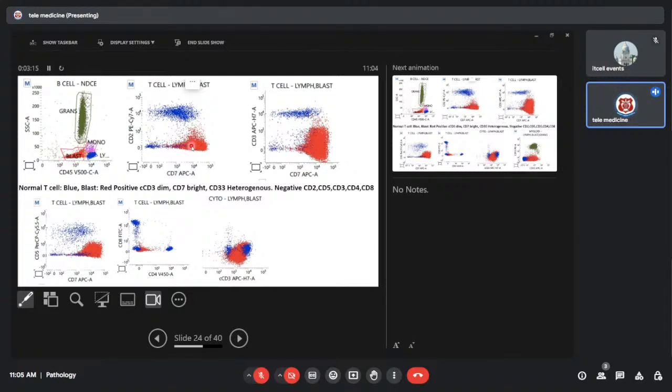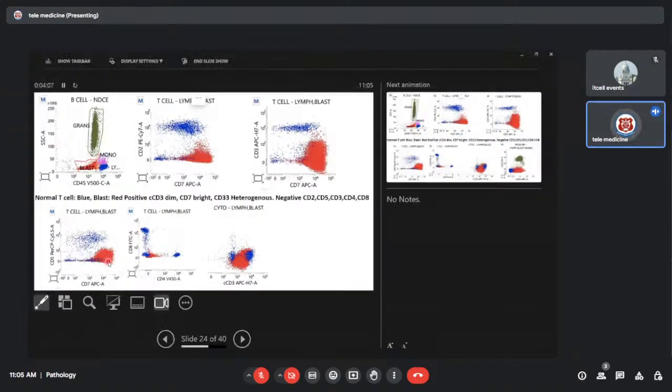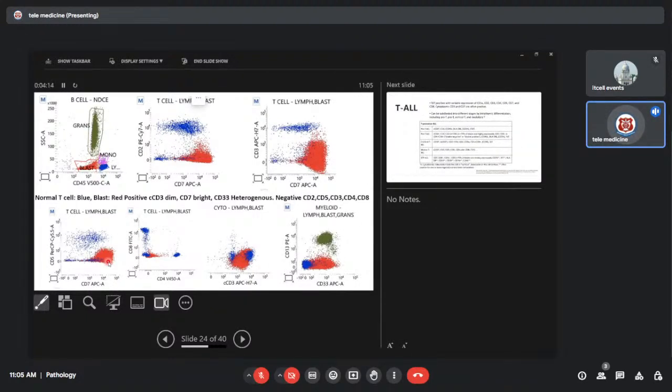Then the next thing is you can see here these are your cells which were bright for 3, and again your blasts are not showing what? They are not showing surface CD3 expression. ये जो cells है इनमें 7 आ रहा है, पर surface जिसमें आपको 5 ना मिले तो आप सोचिए कि हाँ ETPLL के लिए. So you'll have your markers, and in addition,